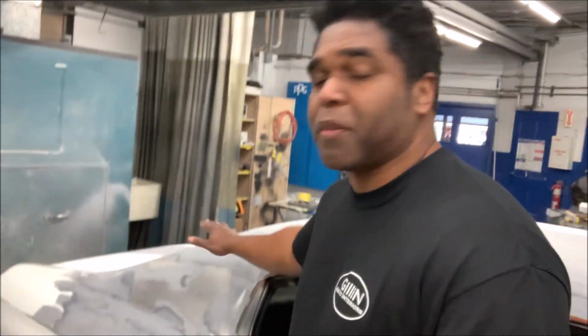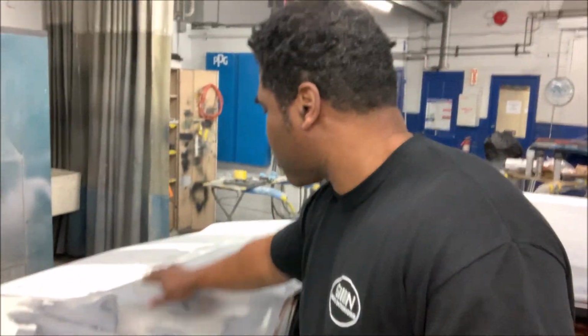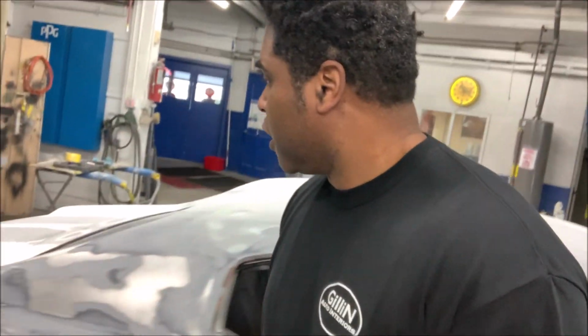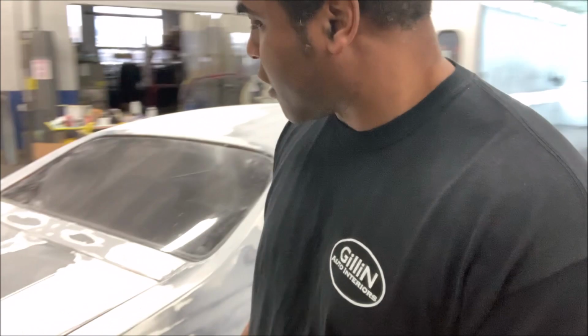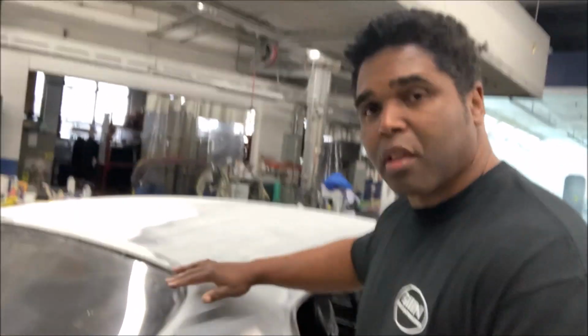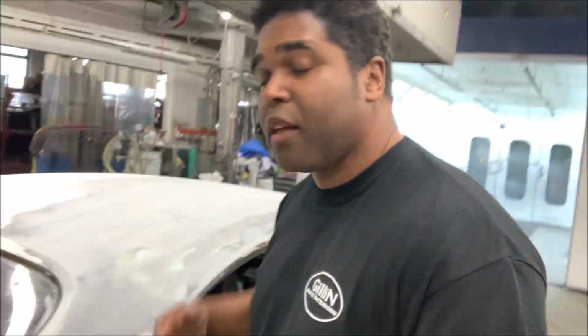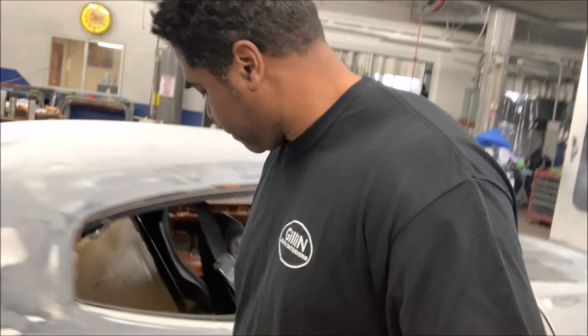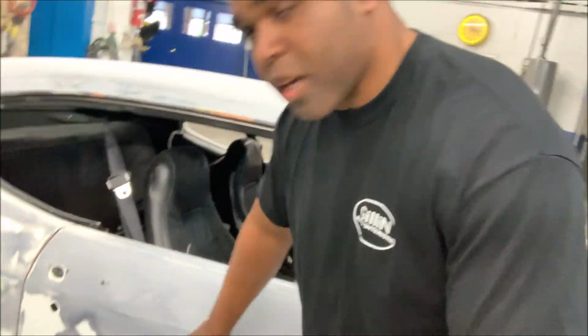I had a little incident when I was driving from a dyno. One of my buddies left the seatbelt out, so it was bang, bang, bang, bang, bang, shifting up the whole paint. So there were a lot of trouble spots here. As you can see, we took care of it. We had trouble spots up here, a little bit of trouble spots on the other side, so we took care of them. And we had a big dent. Again, you probably couldn't see it because of the white car. That was right here, and as you can see,